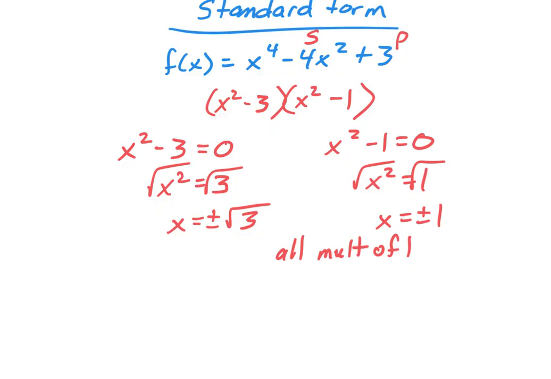This is why doing this algebraically is kind of important, because radical 3 is not a nice whole number. 1 would be pretty easy to identify, right? But if I'm looking at my graph, I'm not going to be able to look at it and say, oh, that's radical 3. That is an exact answer. It would give us a decimal answer. And so just to show you this real quick here, this is one we have not spent much time with this semester,